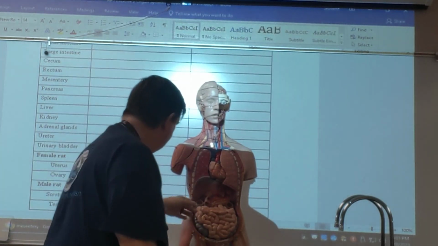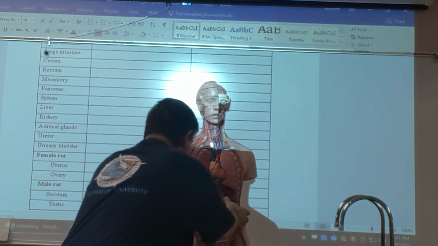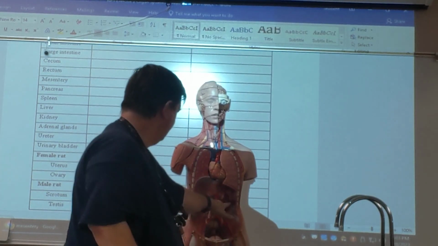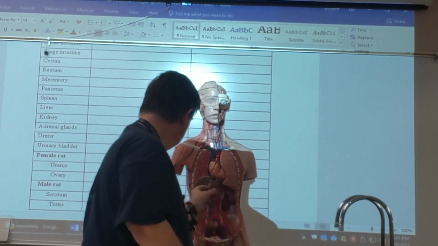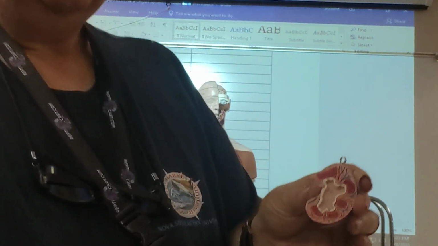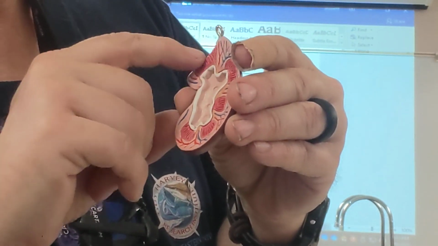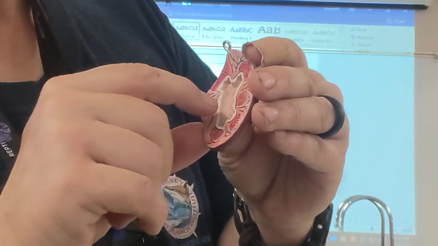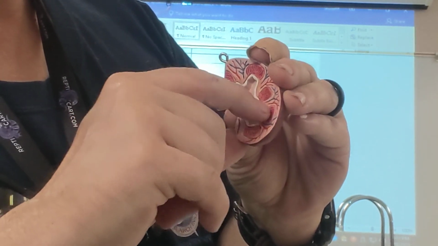Now kidneys, gonna take things out again. Put it back in a minute. You have two kidneys, and the right one hangs a little bit lower than the left. I'm gonna open it up so you can see. The kidneys, we have the renal pyramids, and we have the calyces that collect,